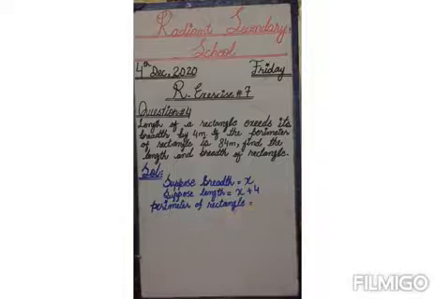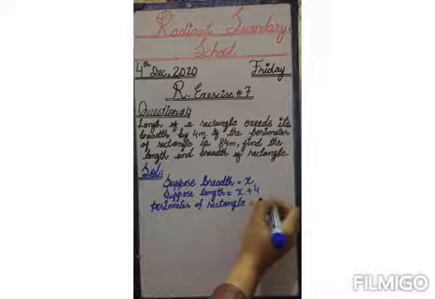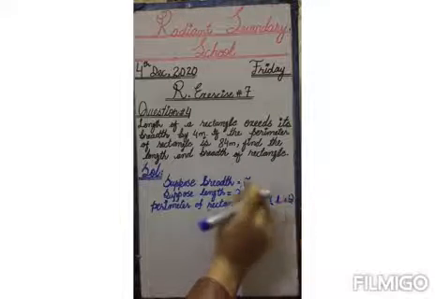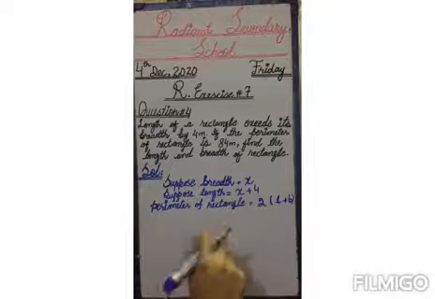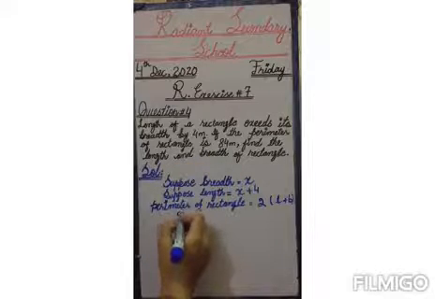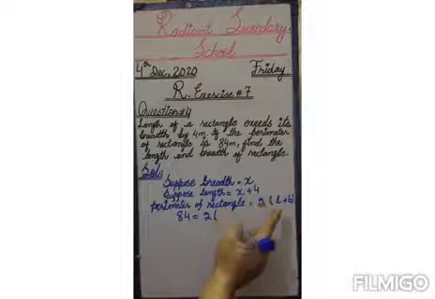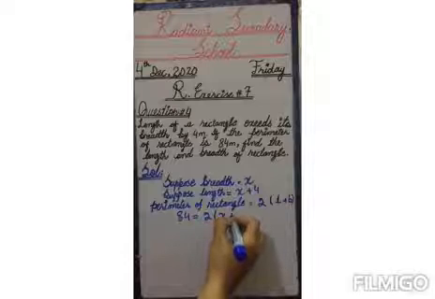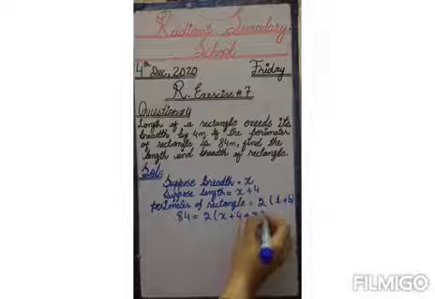And we know that the perimeter of the rectangle is given by the equation 2 into (L plus B). It means that the perimeter of the rectangle is equal to 2 into (length plus breadth). Let's start putting the values. The perimeter of the rectangle is given, which is 84 meters. 84 is equal to 2 into (L plus B). Length is x plus 4. Breadth is x. Let's close the bracket.